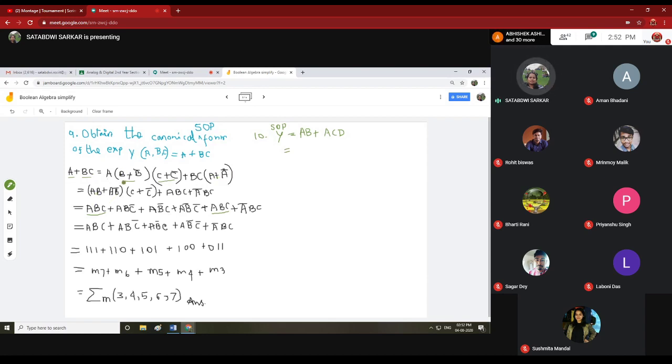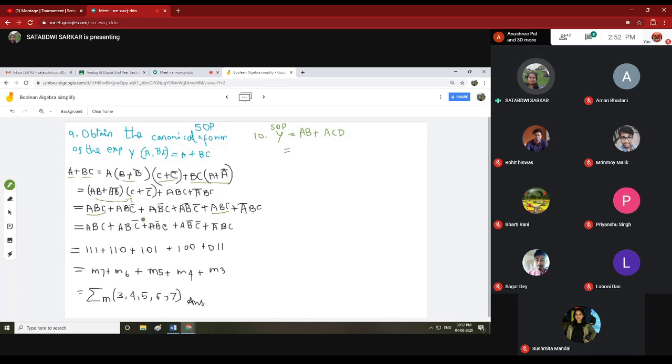Okay. So now we will get AB plus AB bar, here C plus C bar, C bar plus ABC. So multiplying this, ABC and here A bar BC. Now here ABC plus ABC bar, AB with this. So ABC and ABC bar, and here AB bar C and AB bar C bar, plus these two terms, that is ABC and plus A bar BC.